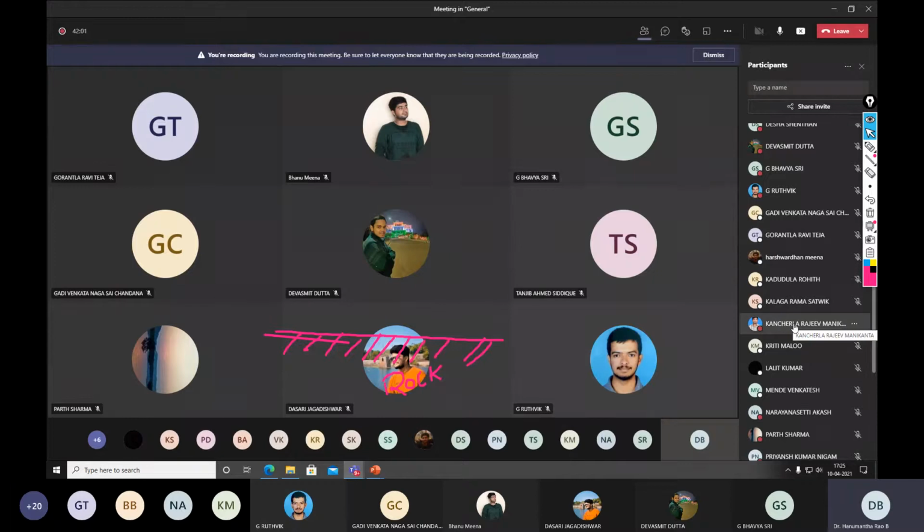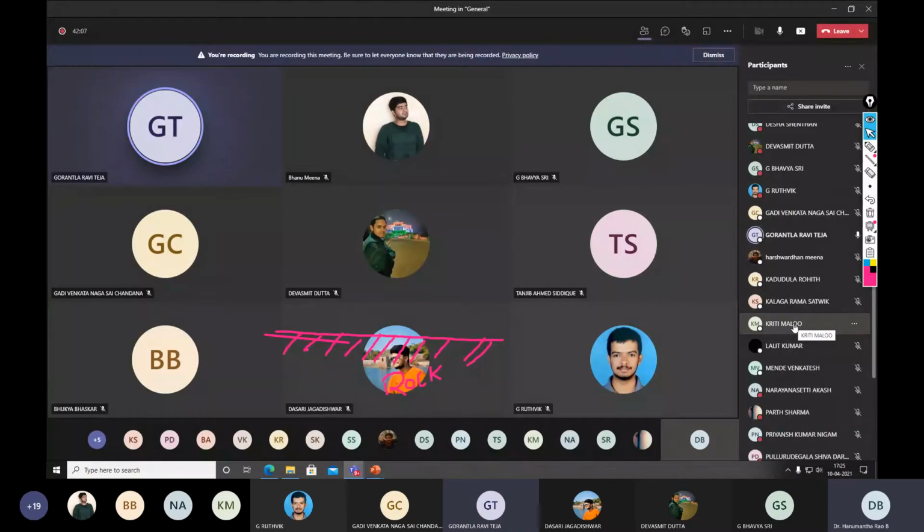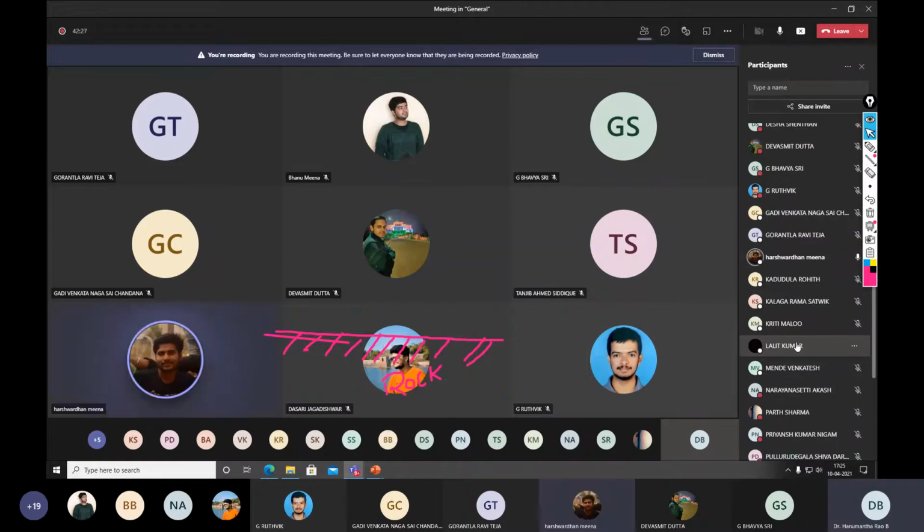Raviteja? Sir, a combination of both end bearing and skin friction will be there, I think. This case or the previous case? In the second case, sir. Okay, good. So, Harshvardhan Meena? Yes, sir. I also think there will be self weight and skin friction.